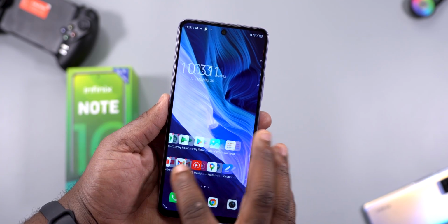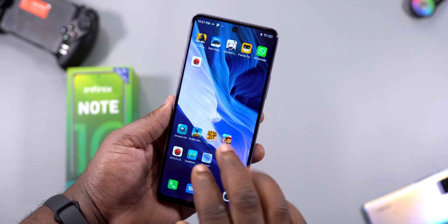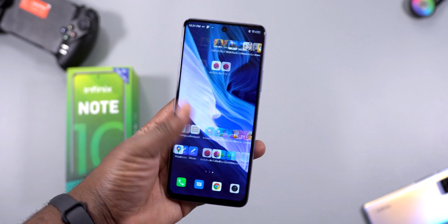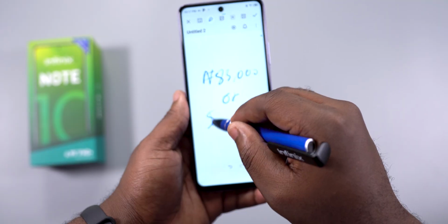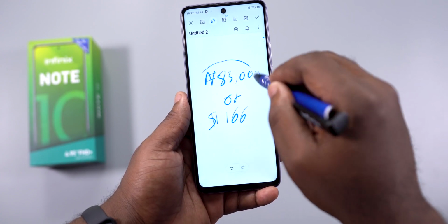Now, for the battery department, the Infinix Note 10 comes with a 5000 mAh battery, and just like other smartphones with a 5000 mAh battery, it should last you the entire day or even 2 days if you're a light or medium user. Now, starting at 83,000 Naira, the Infinix Note 10 is an affordable gaming smartphone thanks to the